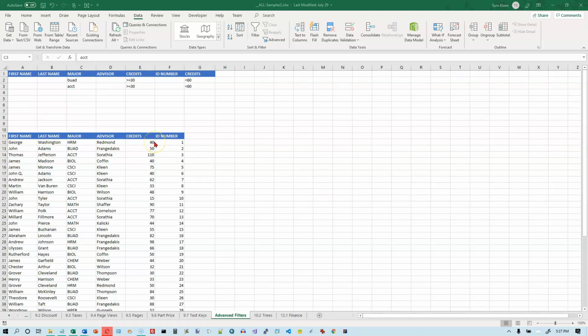Okay. Now we're going to take a look at something that you can't do with an auto filter. You have to have an advanced filter to do it. We're going to get the business sophomores and seniors and the accounting sophomores and seniors. So we need 1 rule for business sophomores. We need 1 rule for accounting sophomores. We need another rule down here for business seniors and 1 for accounting seniors. So we need to put BUAD down here and accounting down here. And then the rule for a senior is greater than or equal to 90 and greater than or equal to